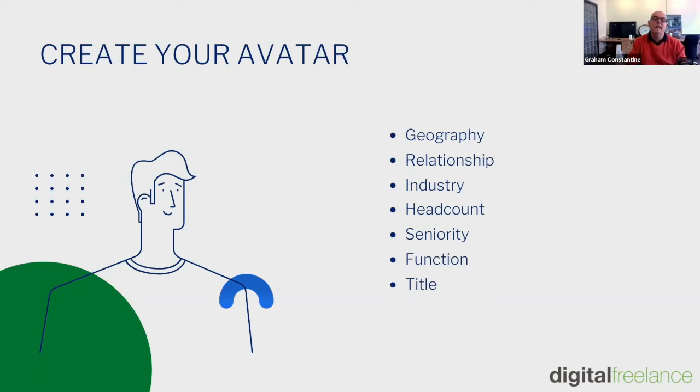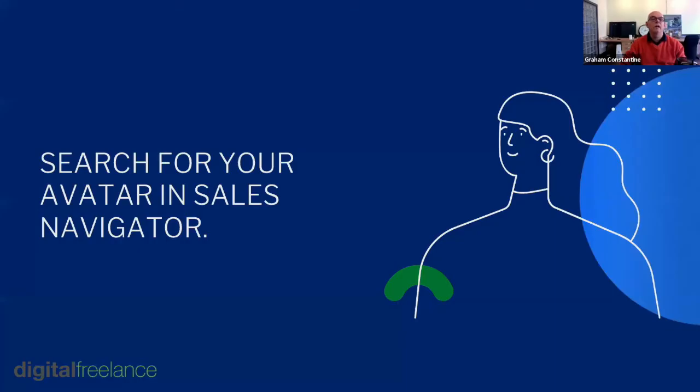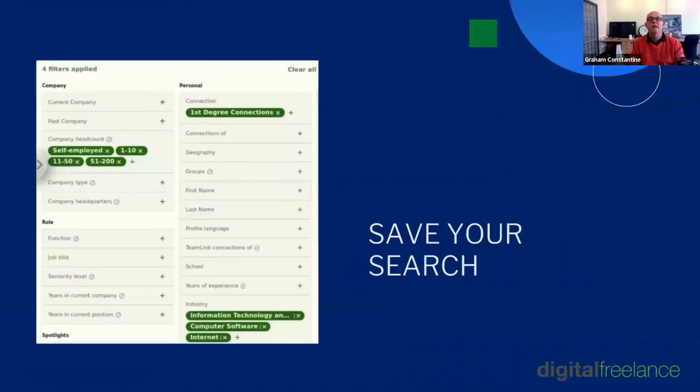Geography is not particularly applicable, I know, to most of the businesses who are doing SaaS or B2B Zoom-based services. But in order to have a tight audience, we recommend starting with a specific geography and then gradually move to other geographies as you proceed. Otherwise, you get too wide an audience, too many people in the search. So they're the criteria in theory. Obviously, you're going to search for your avatar in Sales Navigator, and this is what it looks like in Sales Navigator. So this is the search that we ran to invite people to this webinar.